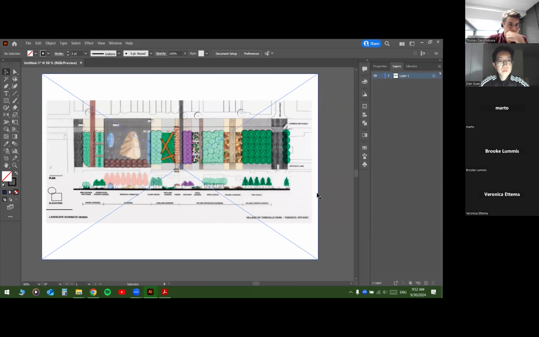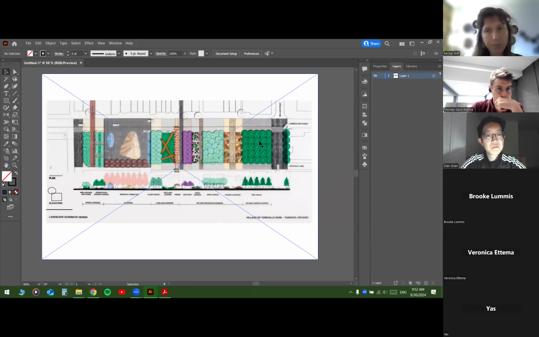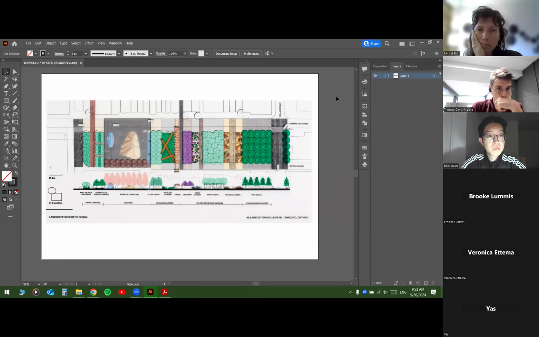So, the layers. It's, I should say, the important thing. When you go to your layers here in Illustrator, it shows your different layers, like your objects, your base plan, your lines, and if you make your layers organized, you can simply find your layers or make changes on your